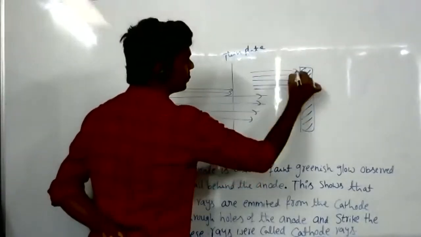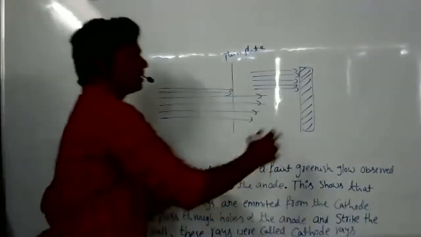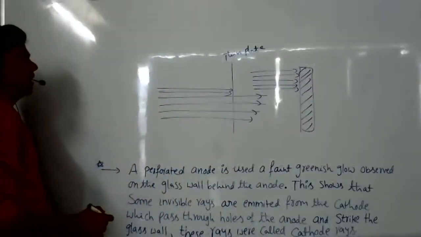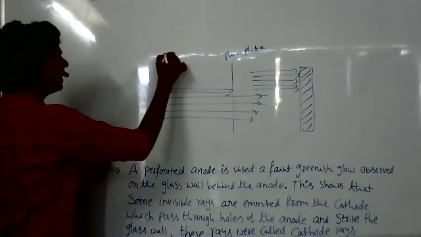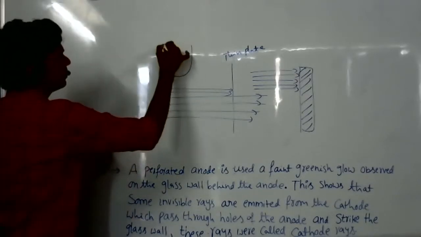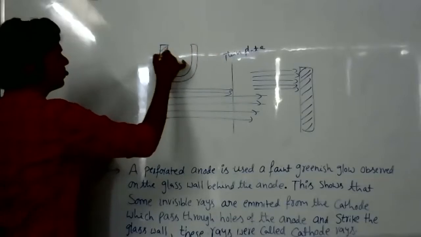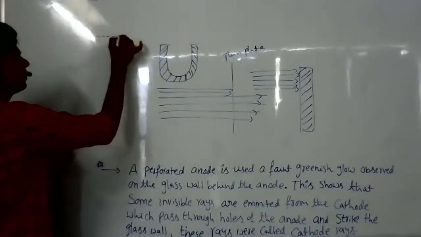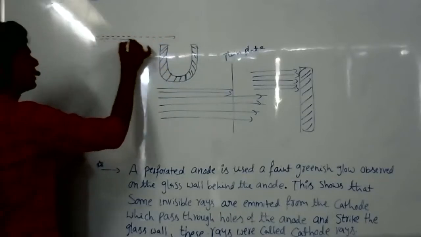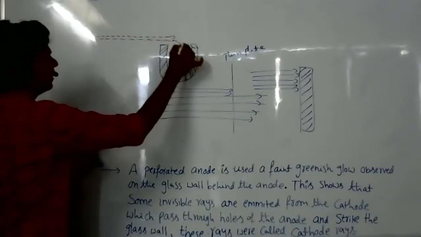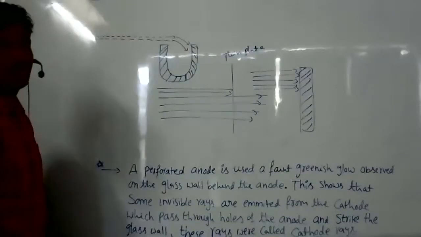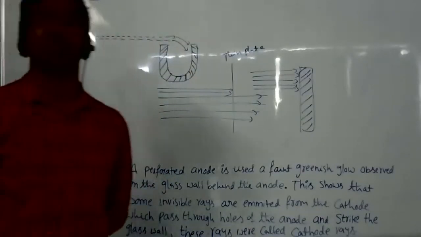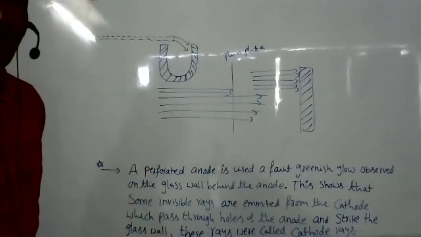Next, when you pass cathode rays on any metal plate, like a very thin plate, it causes some heating effect. So this metal plate becomes very hot. That is one property. The next property: suppose a magnetic field is there. This is a magnet. When a cathode ray is allowed to fall into this magnetic field, it is deflected towards the magnetic field side. This means cathode rays are attracted by the magnet. This indicates electrons have some magnetic property. That's why they are attracted to the magnet.